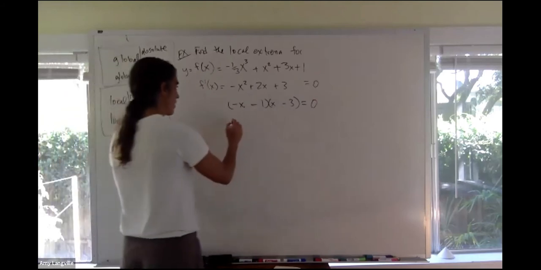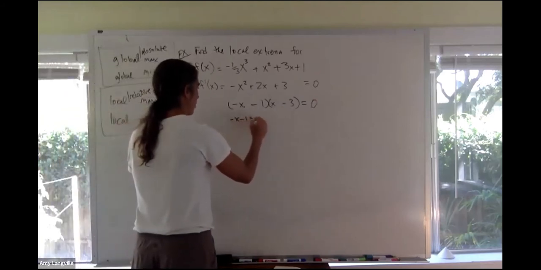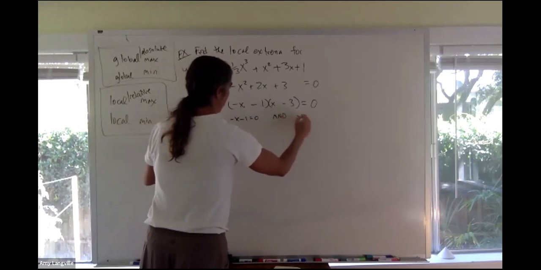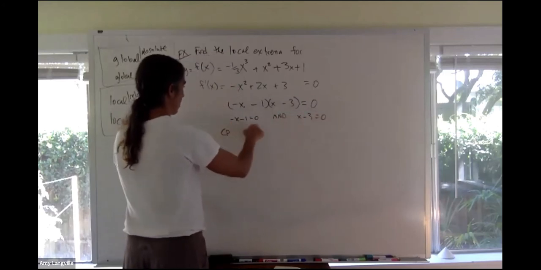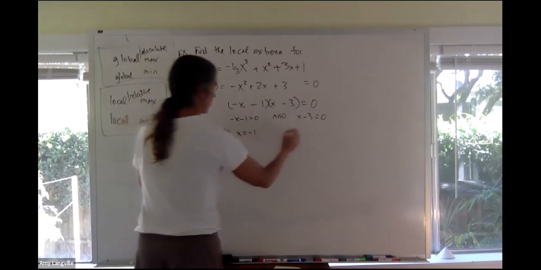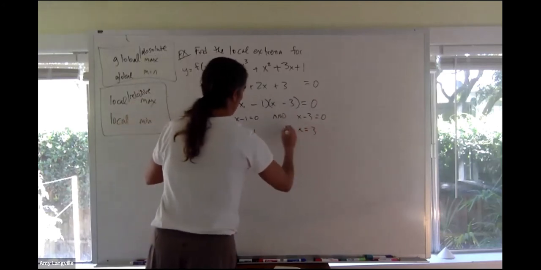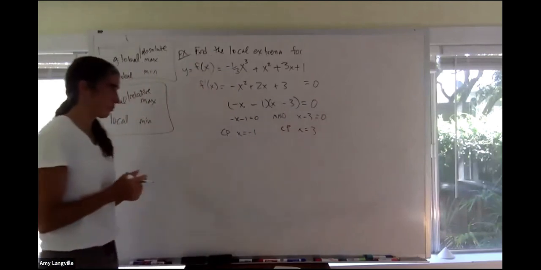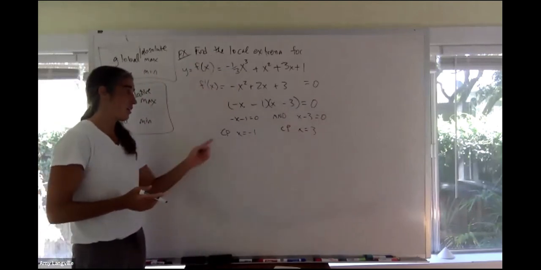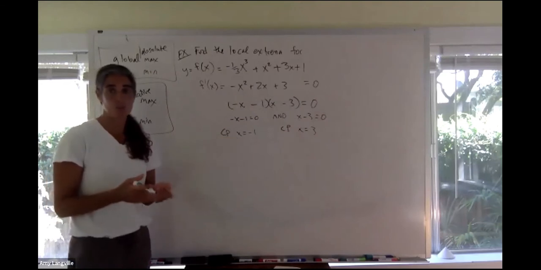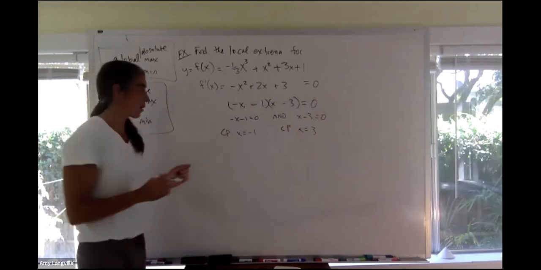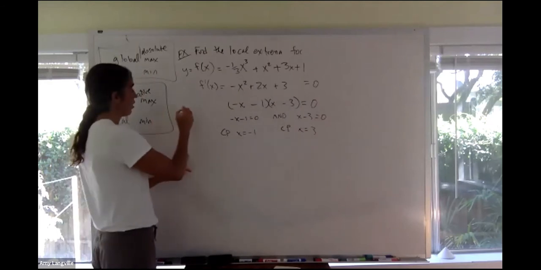We can set each factor to 0 then. We get these two linear equations, which are much easier to solve. So let's see, that says x equals minus 1. This says x equals 3. We have two CPs. And now we want to check, is this CP a local max or a local min? We'll be able to ascertain that using the f prime line, which is the same f prime line we've already seen